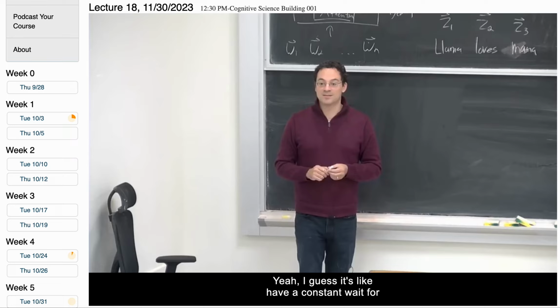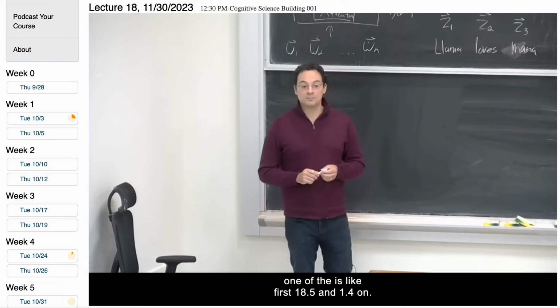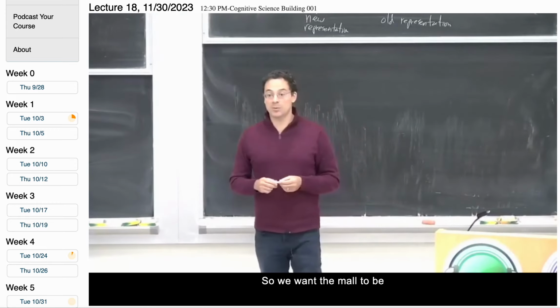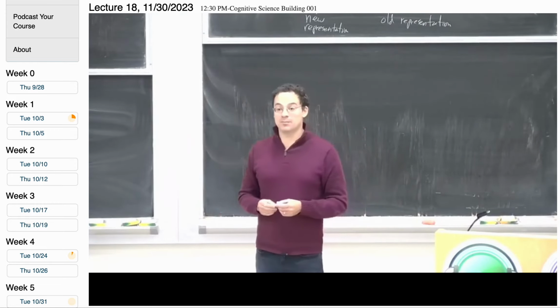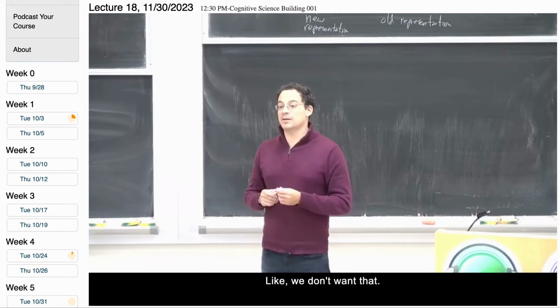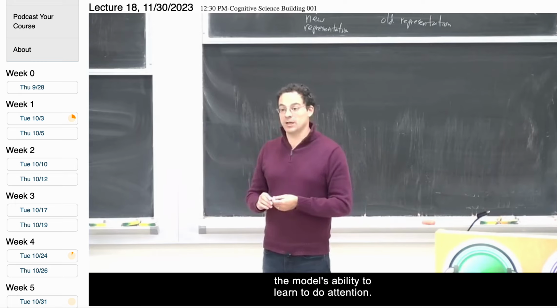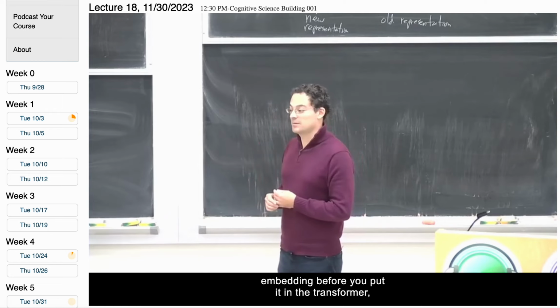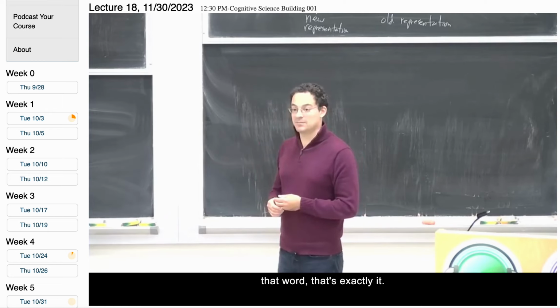I guess it's like having a constant weight for each one of the positions. Like the first one you weight as 1.5 and the next as 1. So it's not going to be in the attention, because we want the attention to be learned. We want the model to be able to learn where to attend to. We don't want it to screw up the model's ability to learn to do attention. That's exactly it. So